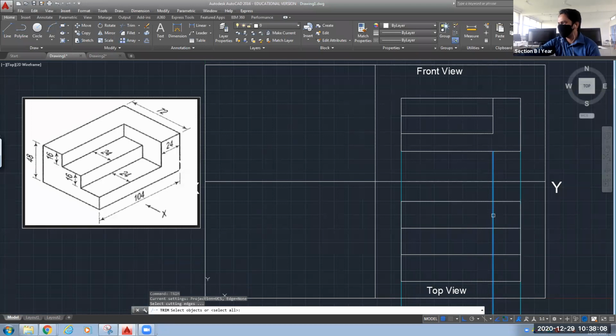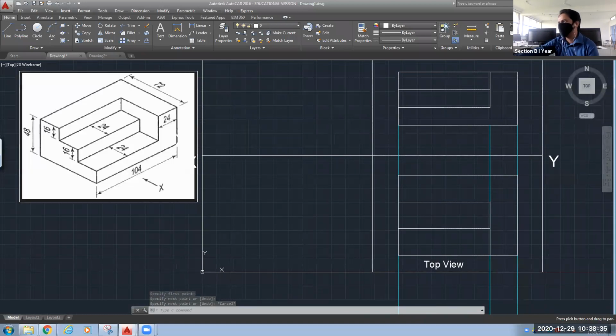Select the baseline, press enter, select the line which you want to delete. Okay, these are the two lines that we want to delete. Now one more line we need here, and that is your line connecting this point to this point. So this is your top view. Now again, we need these projection lines up to here only. Okay, and for this line we need up to this point. Okay, so the rest of the points we will trim it.